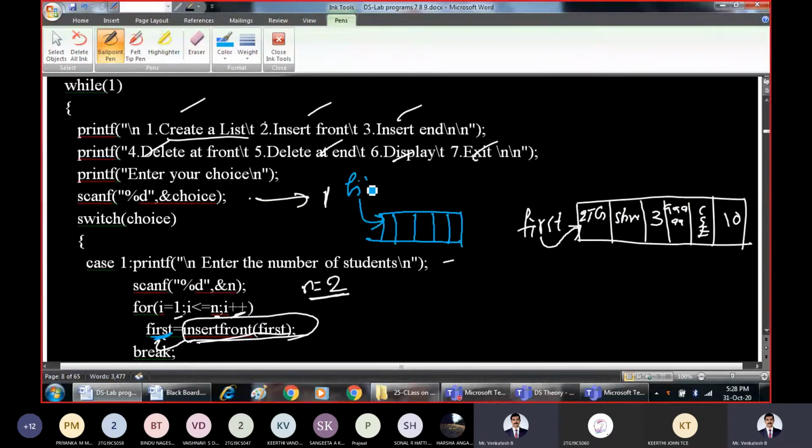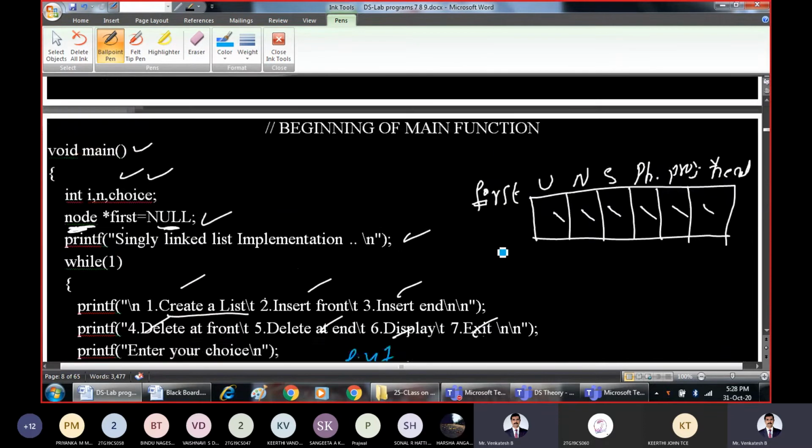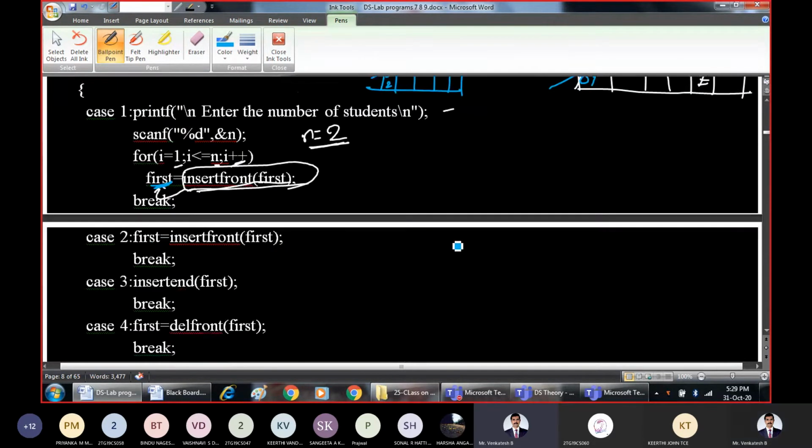Now first is pointing to this node, and this must be erased. The same concept. This must be erased, and this is pointing to this. Now there are two nodes. This is 002 USN and this is 001 USN. Same, whatever from above we have returned. Now i will be incremented. The new value of i is 3 now. So 3 is less than 2 condition is false and we will come out of the for loop. So we have performed case 1 now. In case 1 what we have done was